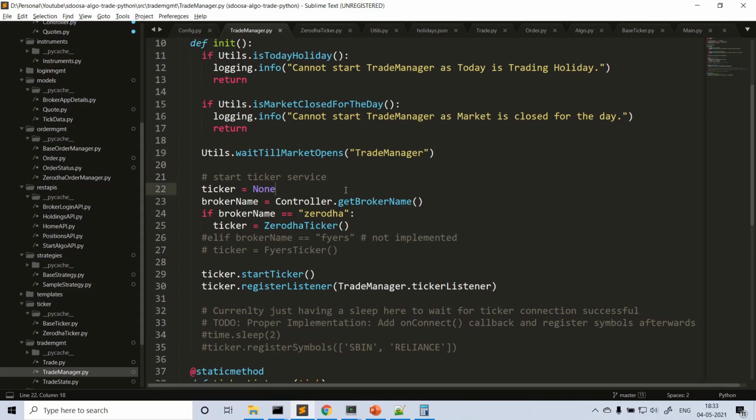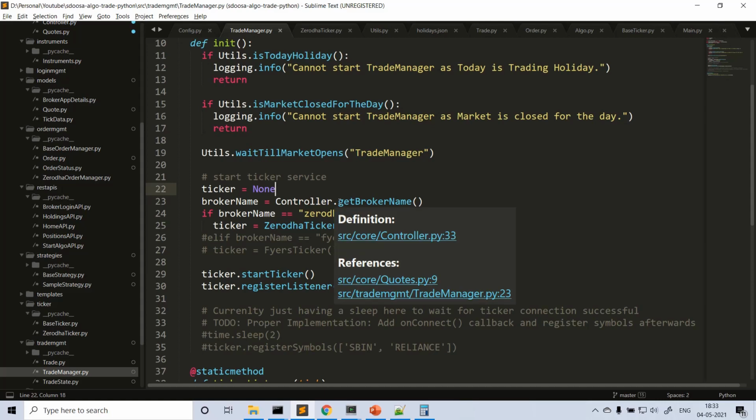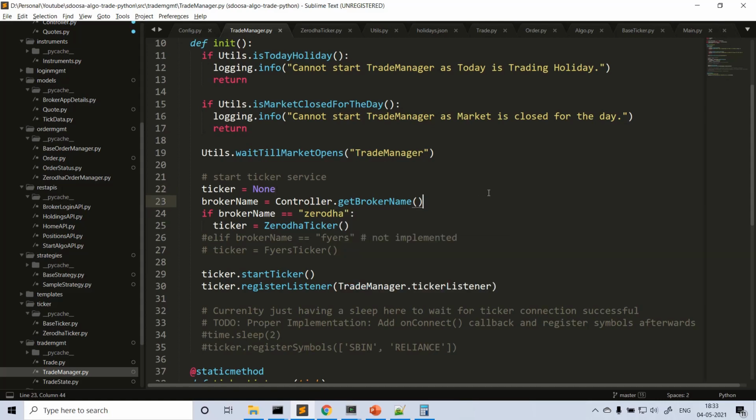So what exactly are we doing here in the trade manager? We need to initialize some basic components, like we have to use the ticker service across our application. So I'm just creating an instance of the ticker, initially by its name. From the control, I get the broker name that is configured. Currently only Zerodha is supported. In future, we'll see whether we can add 5Paisa and other brokers, if time permits. Of course, I'm planning to add them, but it will take time. For now, let's consider only Zerodha. But the implementation I'm doing considers multiple brokers, so you can configure one of the brokers based on your interest or your account.